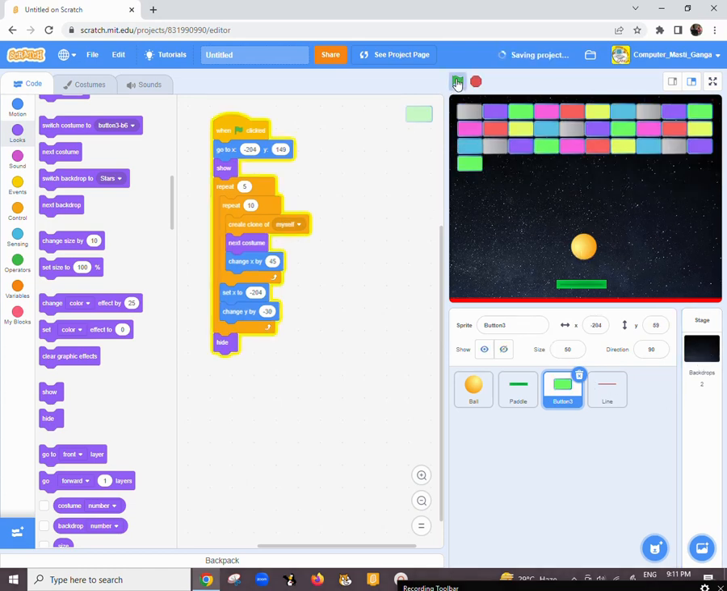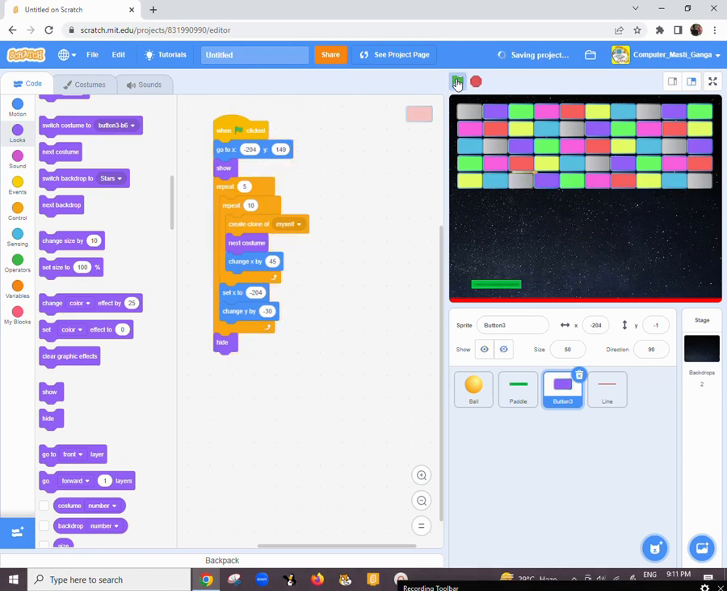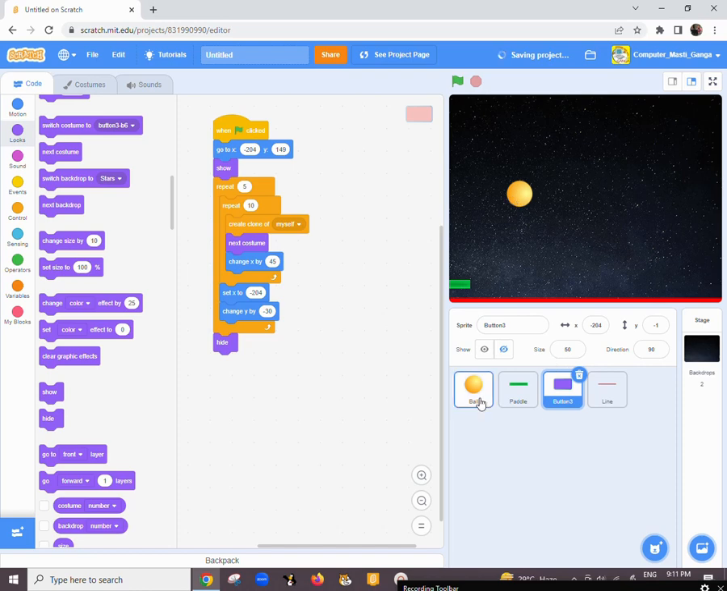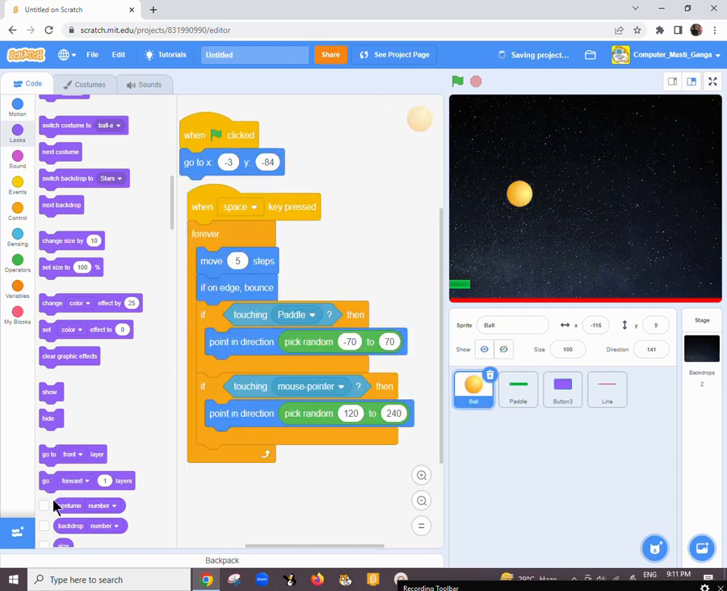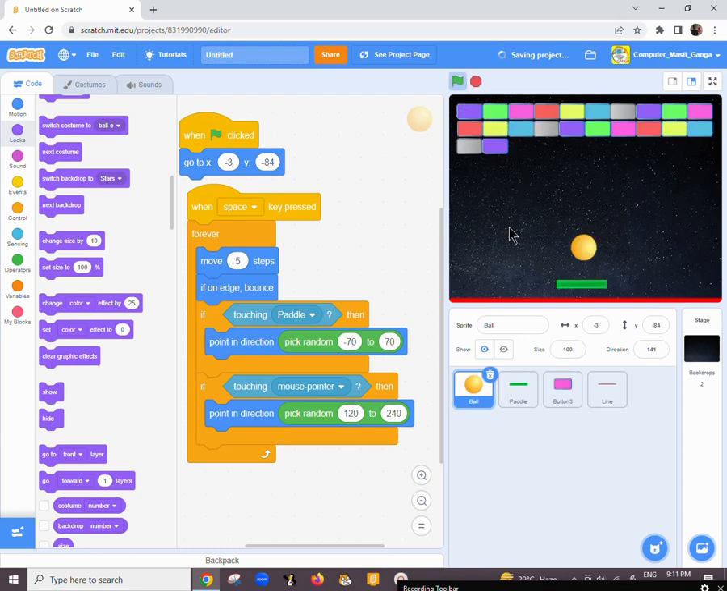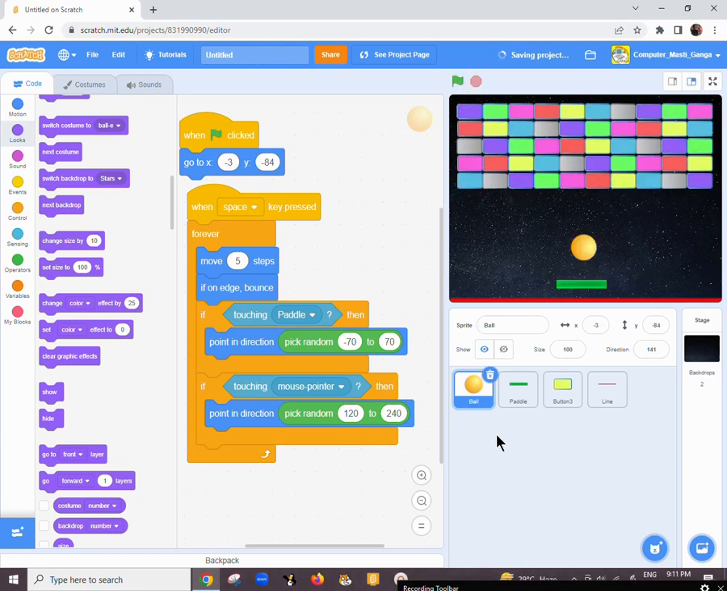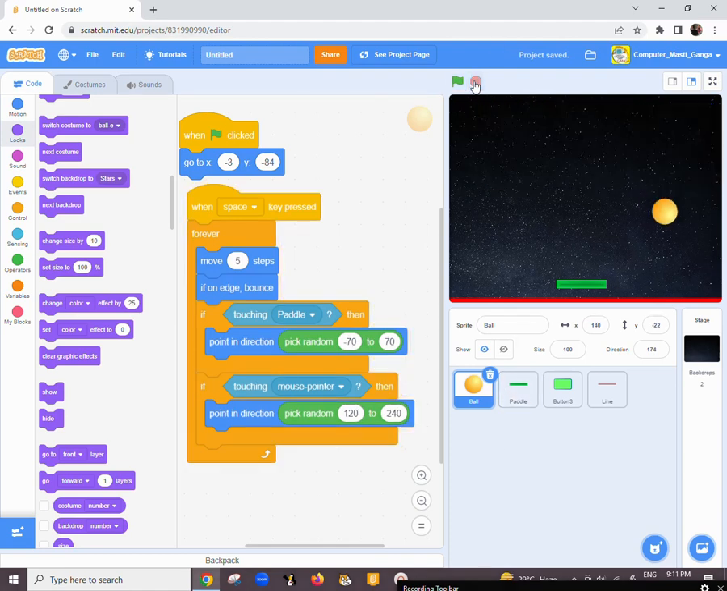Now click on this green flag. Then use the space bar to move this ball. Now use this ball, set it as a front layer, click on the front layer. Okay, done. Now the next thing: suppose this ball touches these buttons,